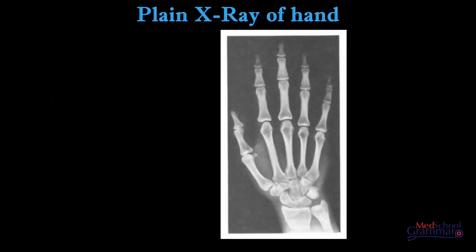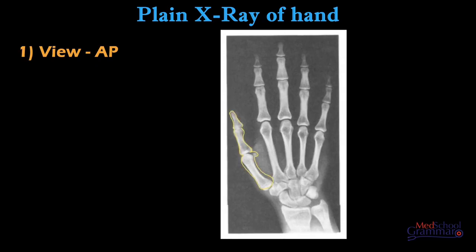So what is this film you see? Firstly, we identify the view. It is the AP view of the hand. Now before we start labeling any bones here, I want you to get oriented to the medial and lateral aspects of the film. As we can see here,